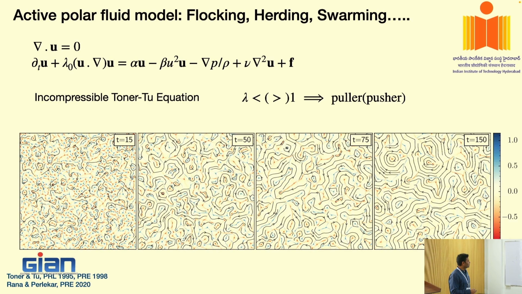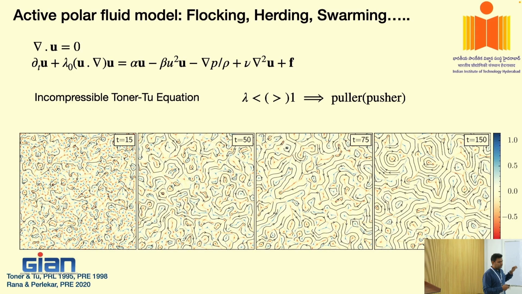So you see small scale structure, and if you wait long enough, it grows and eventually becomes large. If you wait long enough, you will see that the vortex size becomes of the order of the system size itself. And that's what we observed when we talked about the sheep herd, or when we talked about the flocking birds, right? We'll get back to the sperm case in a minute.